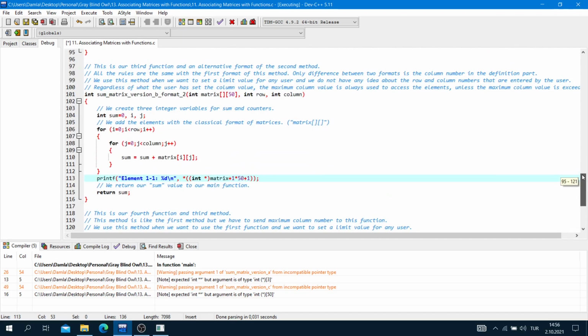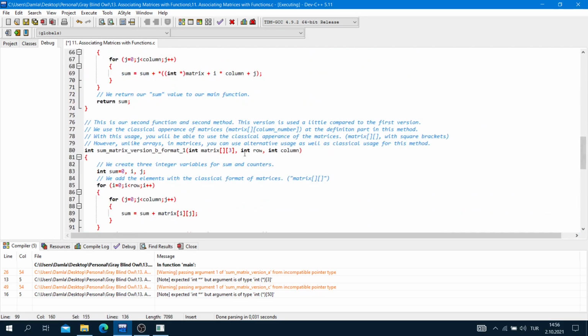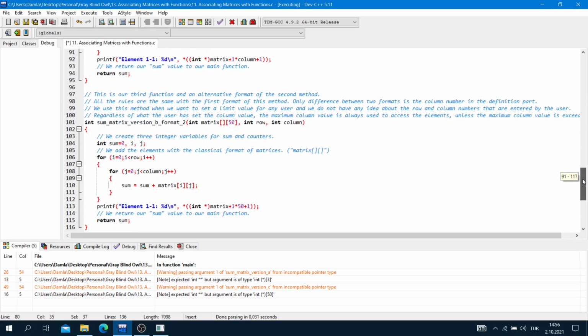We use this method when we want to set a limit value for any user and we do not have any idea about the row and column numbers that are entered by the user. But this one is completely different. Okay, this is certain, but this is not certain.